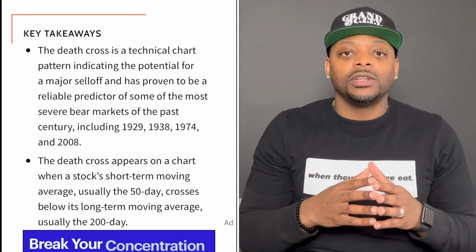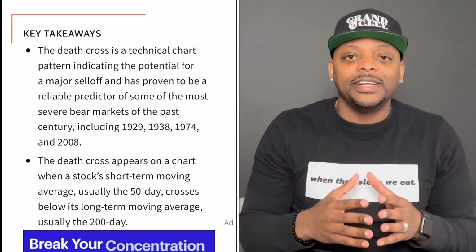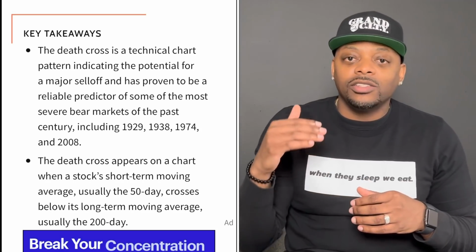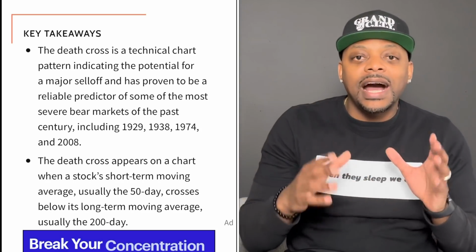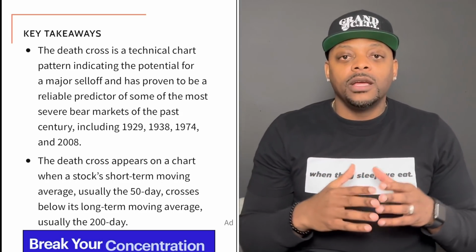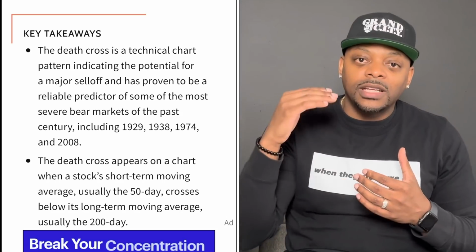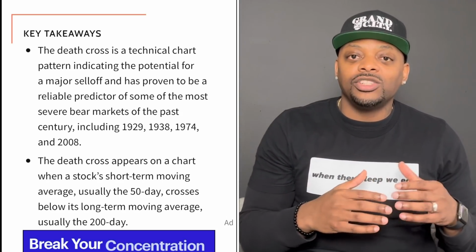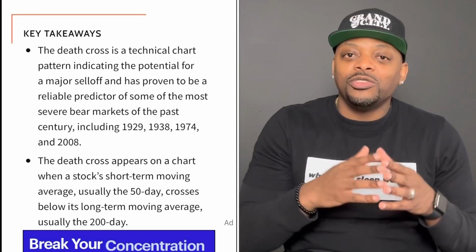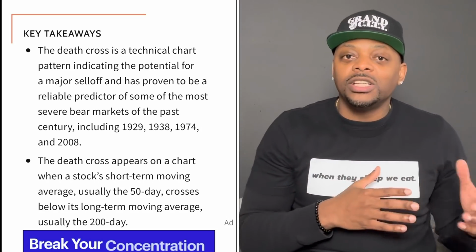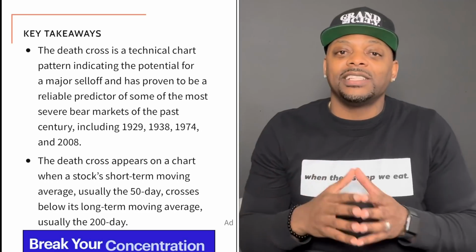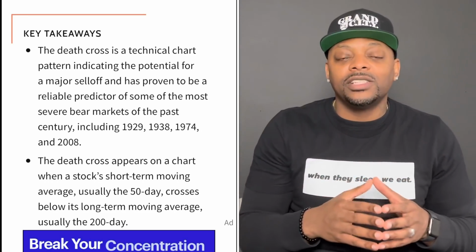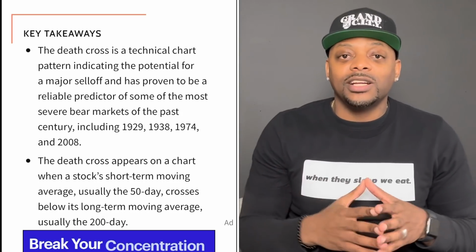I'm more focused on, like I always tell you guys, levels. I always speak to, man, I think Apple's gonna come to 140. I think SoFi will come down to this. I do that, okay? And part of that is me understanding not only the demand zone and the supply zones, but levels of resistance, and then just what the intrinsic value of a particular stock is, where should it be priced versus where is it currently priced. And so with all of that being taken into consideration, I'm able to tell you where a stock is going to go and where a stock is going to come down to.